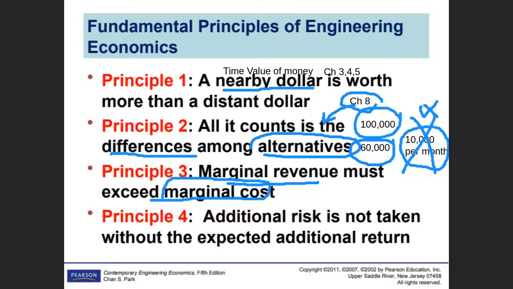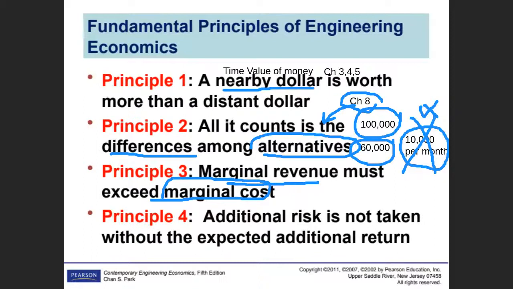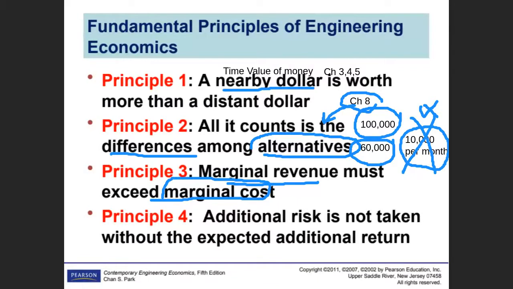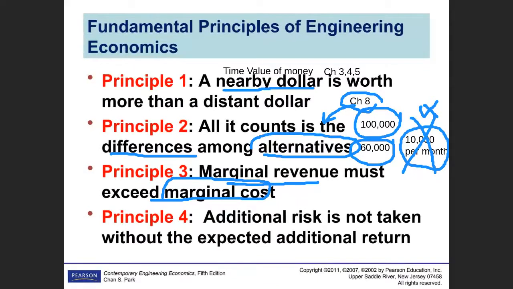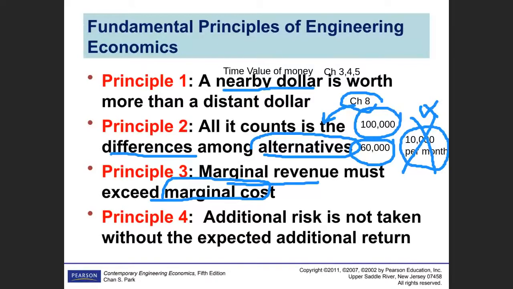Okay, so what is marginal revenue? First of all, you have to understand that in any organization or production, there is a production capacity. I hope you, as an engineer, understand there is a production capacity. Just like a class has a class capacity, a physical class. I'm not talking about an online class because it has unlimited capacity. But for a physical on-campus class, there is a class capacity in terms of rooms and space in the room, right? Now, apply the same concept in production. There is a production capacity, right?